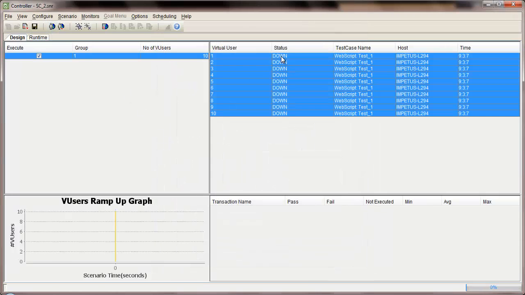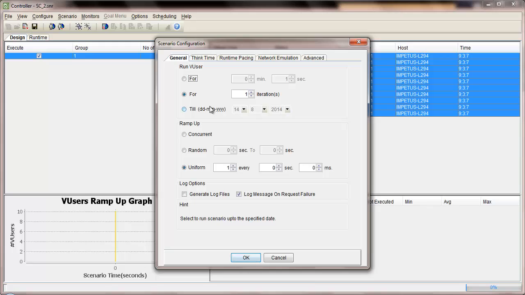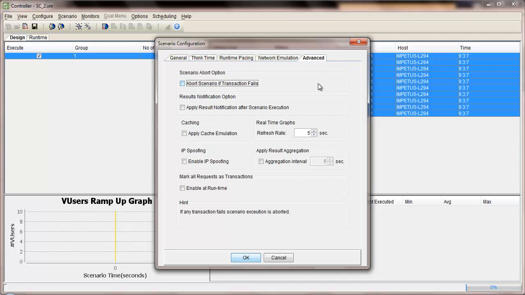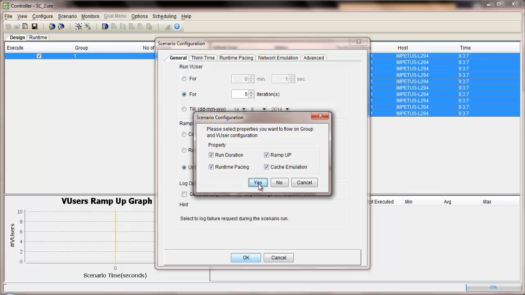So here you can see the virtual users have got added into your test scenario. From the configure scenario option, you can specify the number of iterations for which you want to execute this scenario. You can select the ramp up for these users, and the users would be ramped up based on the timings provided over here. Then you have the option of replaying the think time as it was recorded or as it was inserted in your test case. And then you have some advanced options of refreshing the graphs and aggregate intervals, etc., which we'll discuss in detail later. So for now, let's just save the scenario